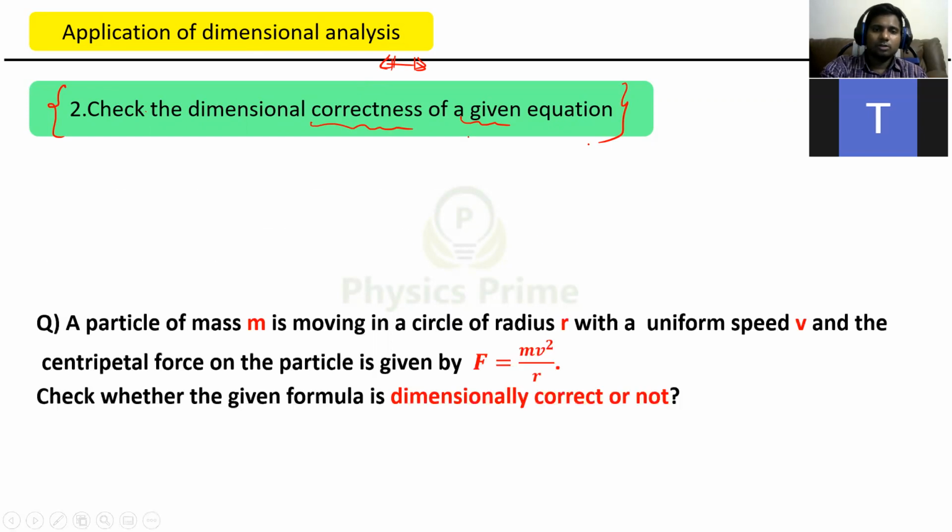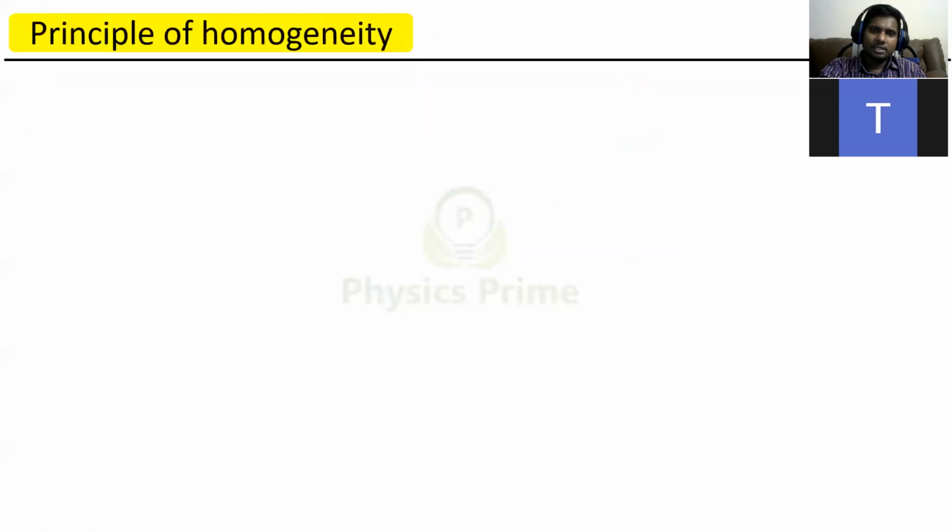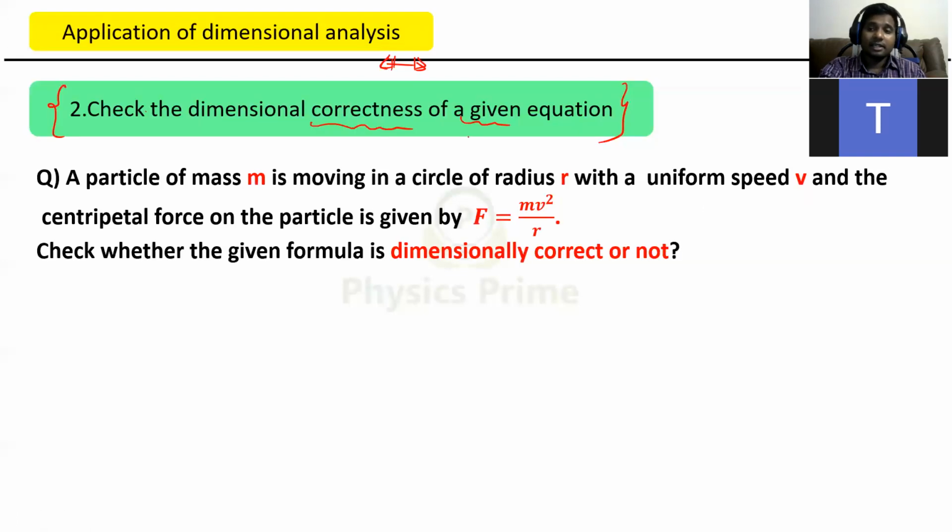Now, can you say whether this formula is dimensionally correct or not? Did we discuss this in the previous class? We discussed it. It is dimensionally correct. But whether it is the correct formula or not, as of now we don't know, using dimensional analysis we can't say. As a physics teacher, I know that it is a correct formula, but later on, when you learn the topic of circular motion, you will come to know that this is a correct formula. But as of now, did you understand the limitation?